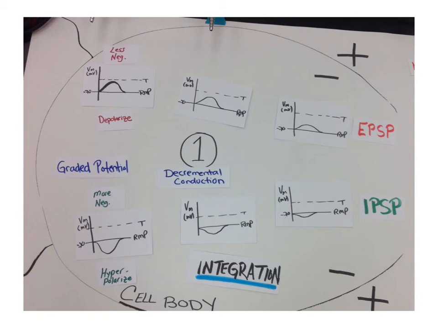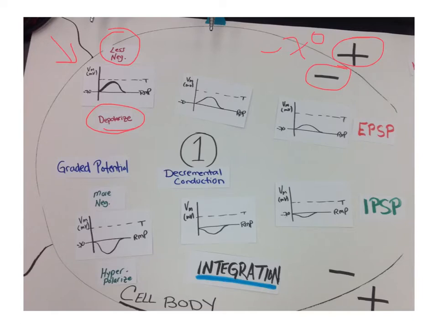Starting in the cell body, we are going to assume that this cell has been previously stimulated by another cell. And we're going to look at the graded potentials that are occurring in the cell body. So what we're looking at here is a depolarization. Another cell has stimulated the cell, and the cell has become less negative. Remembering that this is talking about the inside of the cell with respect to the outside, and assuming that the resting membrane potential is approximately minus 70 millivolts, this depolarization is going to bring it towards zero,